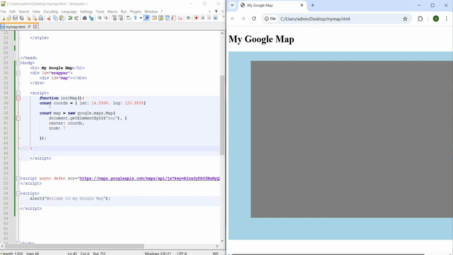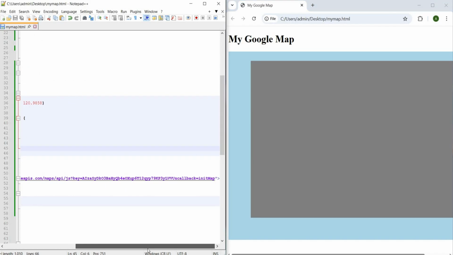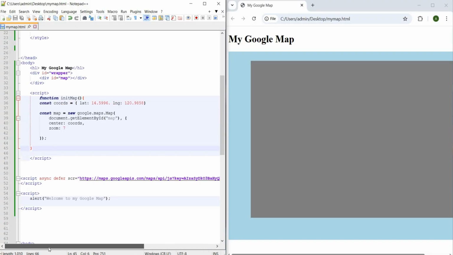Function initMap, constant coords equals, constant map equals google.maps.Map, document.getElementById map.